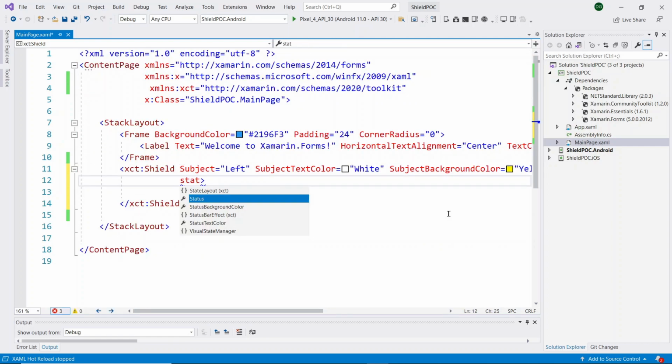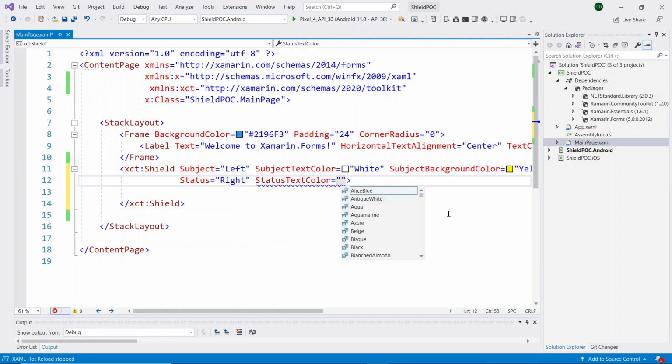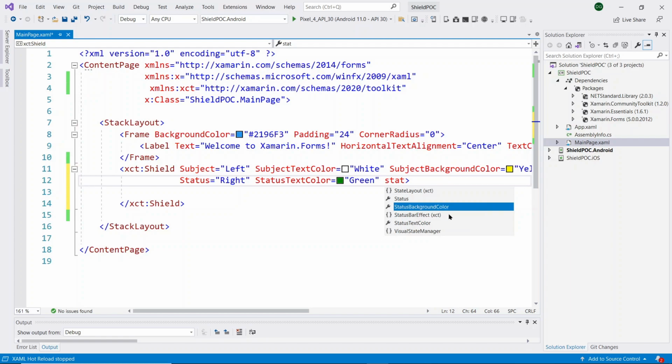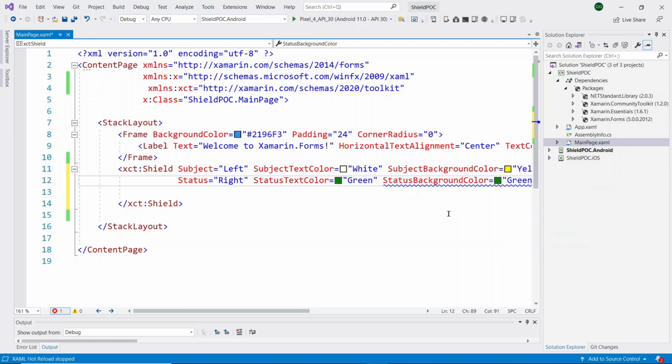So with the help of the status property we can give the right side section text. Here I am giving right, and status text color is green, and status background color is green, and I changed the status text color to white.